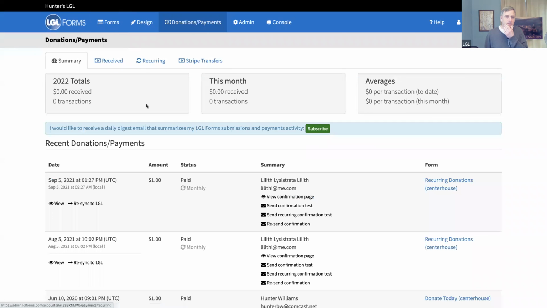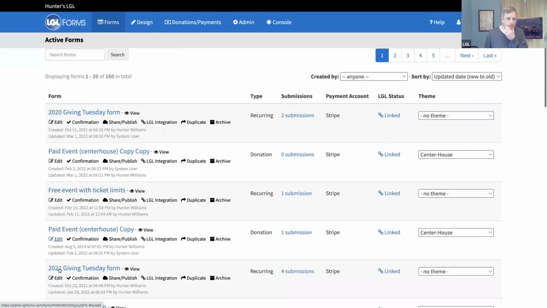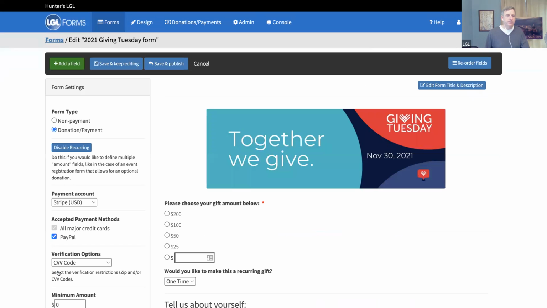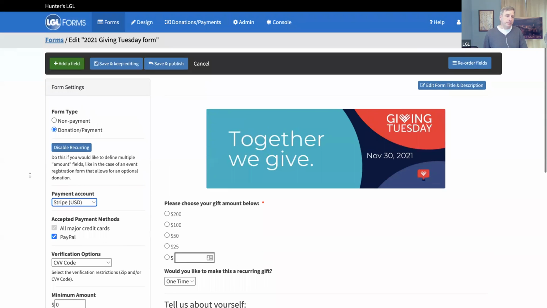So you will need to, well, let me just show it this way. If I go to my edit page where I can actually edit the form, you will need to link it to your own payment processor, and you have choices of Stripe, PayPal, and ProPay. Those are the three payment processors that we integrate with. So you would need one of those accounts to do the actual credit card processing. We don't do that part,